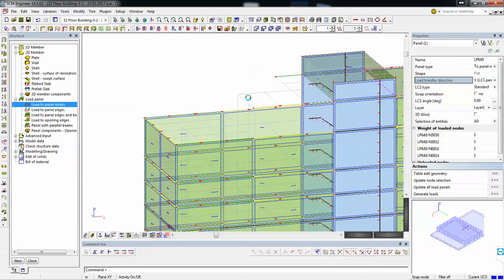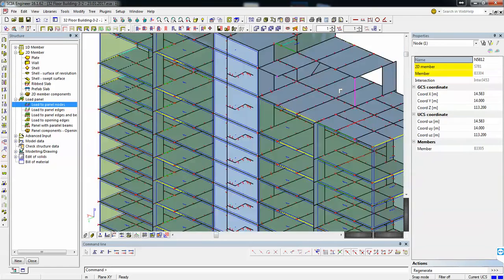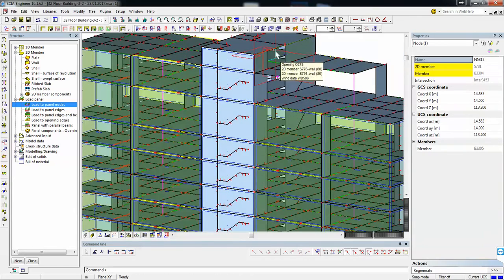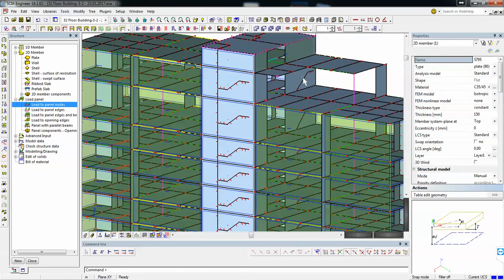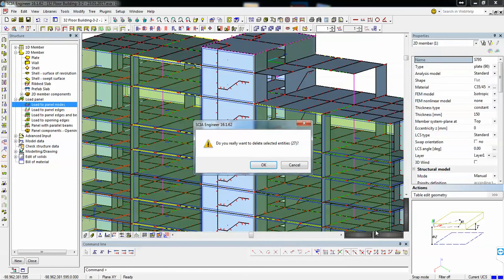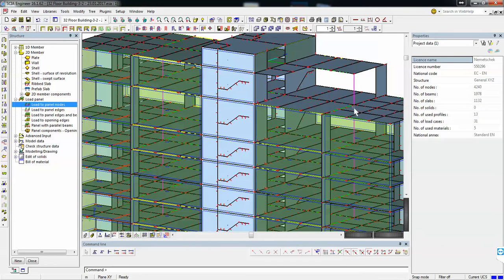I'll have to activate the structure in order to finish this upper part. Okay, I didn't need that panel. I will delete this one. I didn't see that on this side we already have some elements, so I have to do some fixings here on the last level.